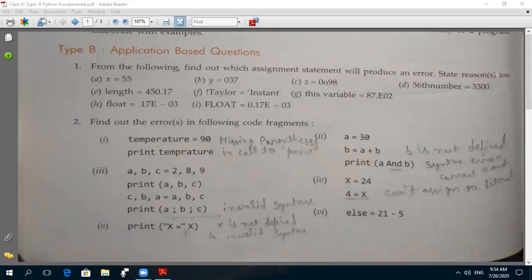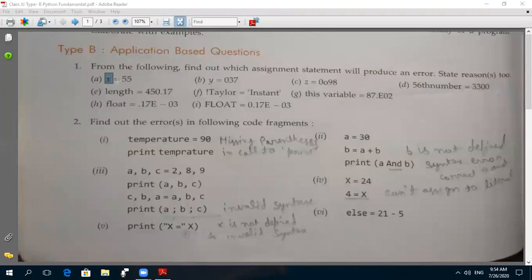Now today everyone put your mic on. Like x equals 55. Is it true or not? Here any error? No error, because x is a variable and 55 is a value.